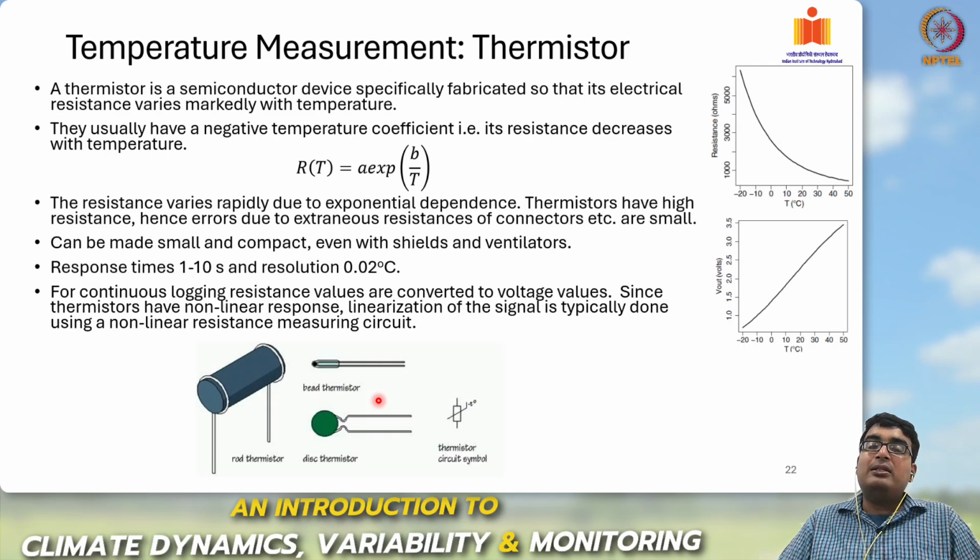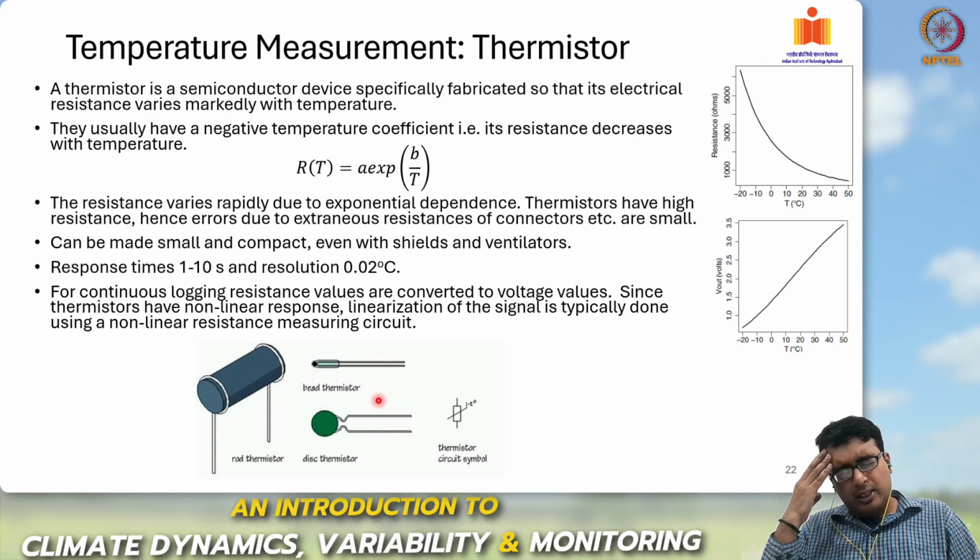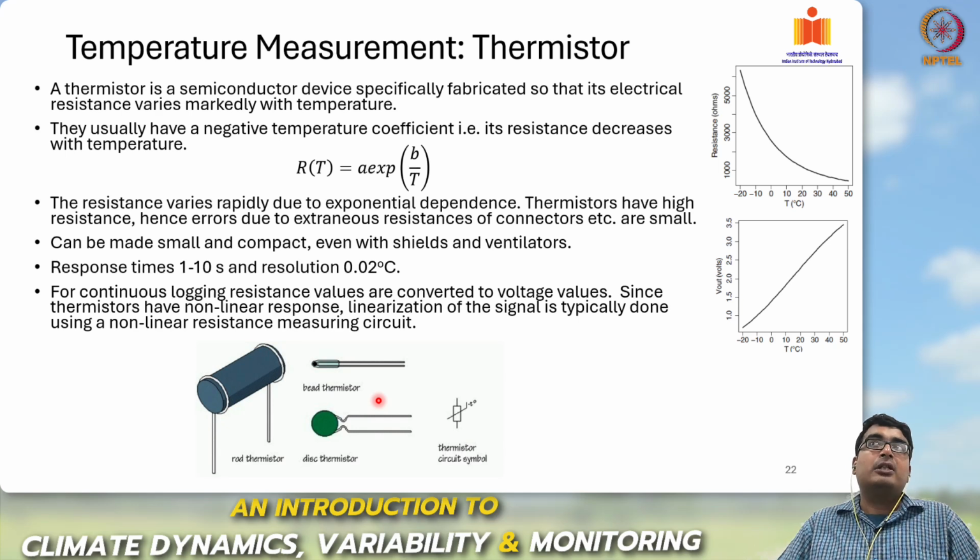Now, what types of thermometers are there? There is of course our famous mercury thermometers. We will not discuss them because these are rarely used nowadays. A type of thermometer that is used is called the thermistor. What is a thermistor? A thermistor is a temperature measurement device